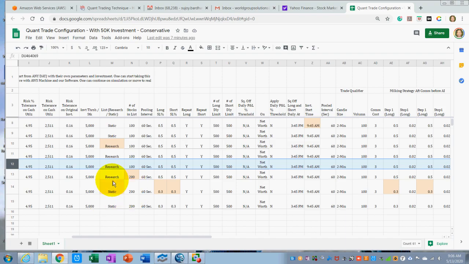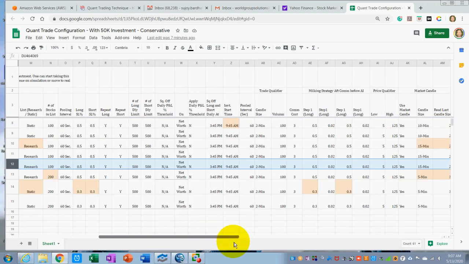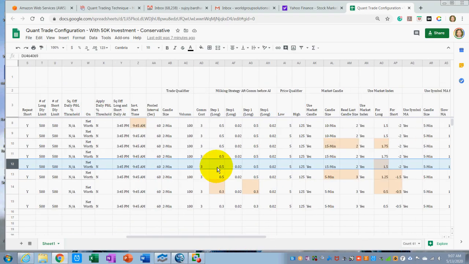We are, instead of 100 stocks, now looking at 200 stocks, meaning 100 long and 100 short. We had a stop loss of 0.05%. Now we have reduced it to 0.03%. We had made a lot of changes here also, from milking out our profits from 0.5% to 0.3% before the triggers.